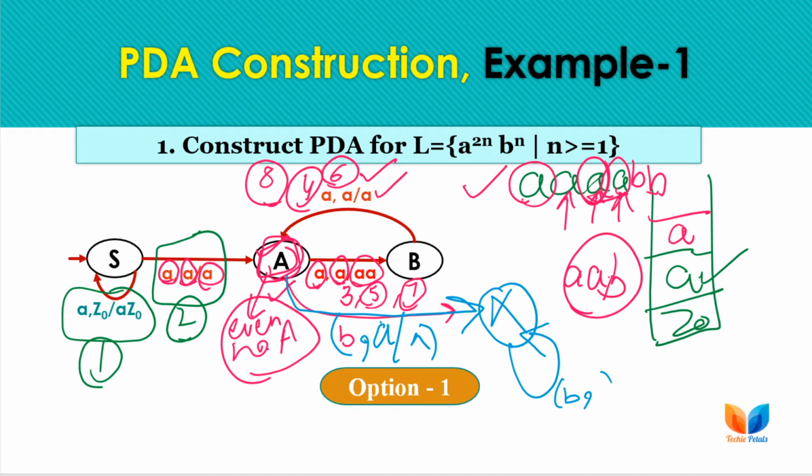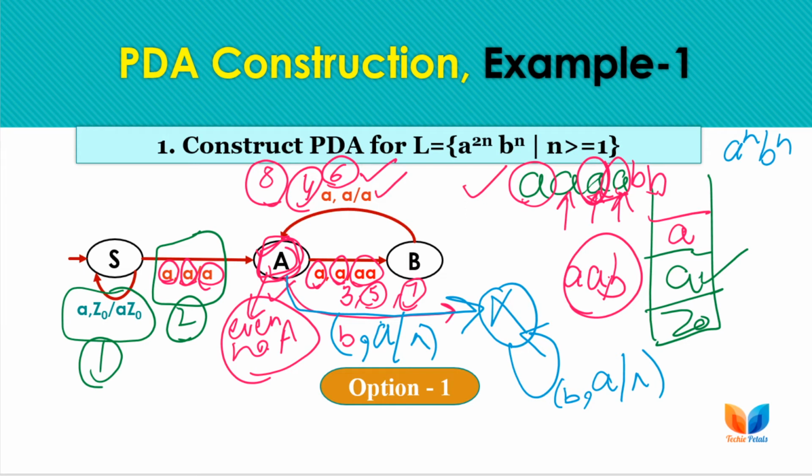We have not pushed all the A's onto the stack, we have pushed only the equal number, n number of A's, onto the stack. So we can simply perform the pop operation like we were performing for A raised to power n, B raised to power n strings. Here is a clear transition diagram for the B's transition from A.